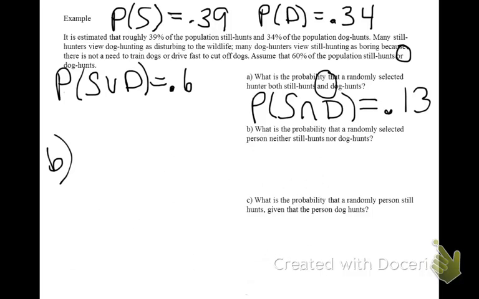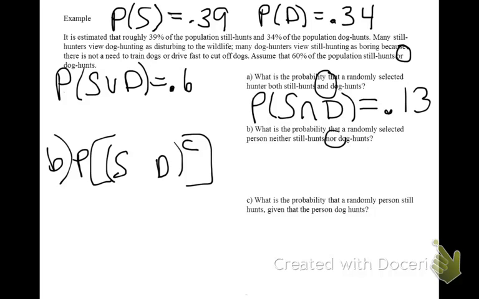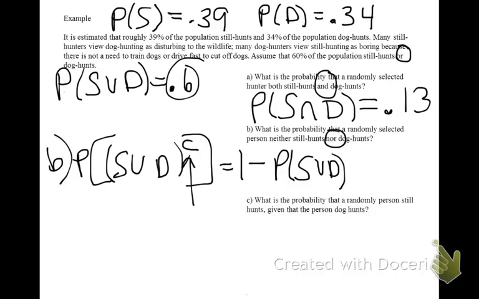In part B, I want to know what is the probability that a randomly selected person does neither. So they are not going to do whatever this thing is saying. So they neither still hunt nor dog hunt. And when you see the word nor, this is the same keyword as the word or. And to work this out, you need to get rid of the complement. The way you eliminate it is 1 minus the probability that it does happen. And the probability of still hunting or dog hunting is 0.6. So if I plug this in, 1 minus 0.6,